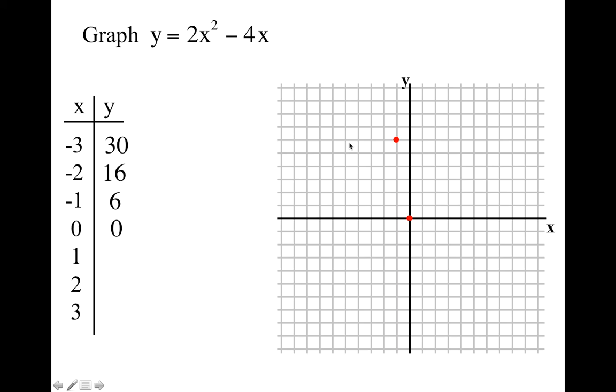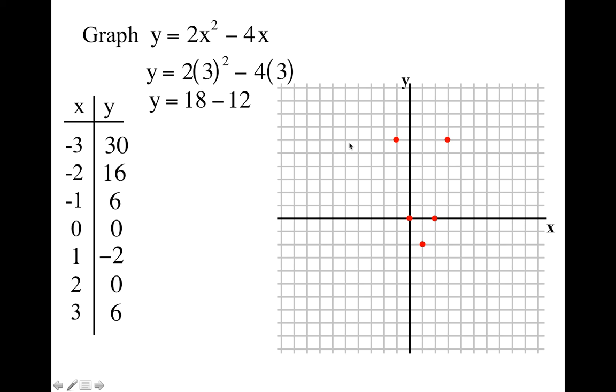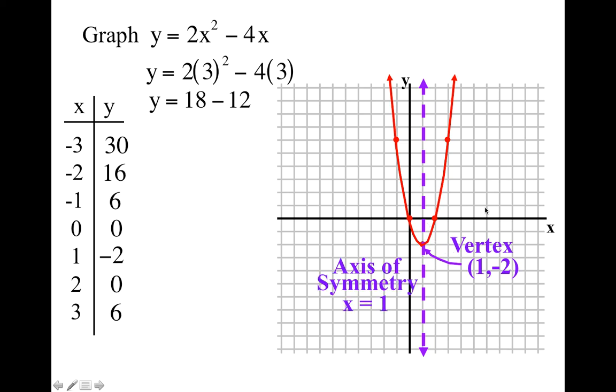0 and 0. 1. It's getting there. Last point, positive 3. 18 minus 12 is 6. So it looks like we have a line of symmetry. Your vertex is 1, negative 2. And your axis of symmetry, or your line of symmetry, is going to be x is equal to 1. So notice we have shifted. We were at x equals 0 for several of the previous examples, and now we are at x